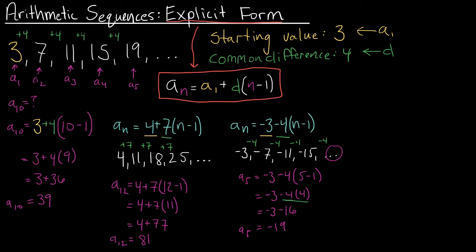Let's see if we can work it out in the opposite direction. Let's say that I have a sequence that is given to me not as a formula or an equation, but actually as a list of numbers. And so let's say we have 12, 14.5, 17, and then 19.5, and so on. This is my sequence of numbers, and I want to write a formula in the explicit form that represents this